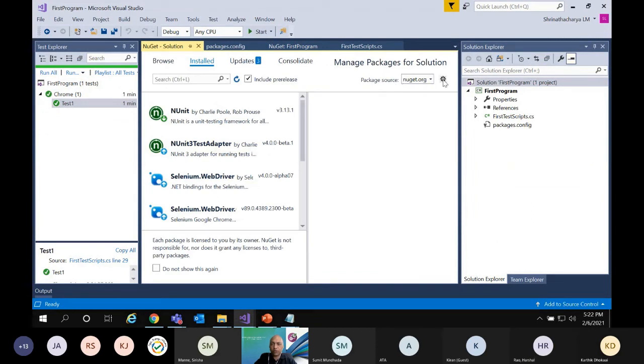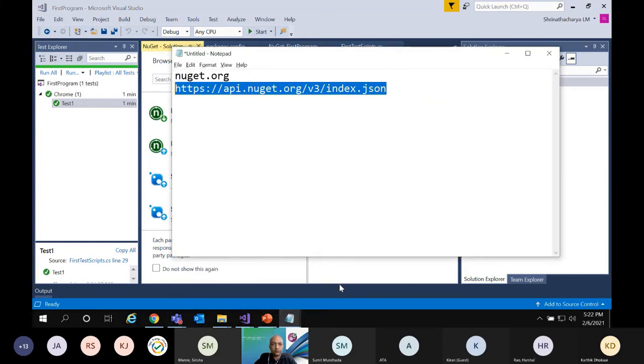In the package source, you have to go to the settings. In the settings, add this one, api.nuget.org/v3/index.json, and name the package source as NuGet.org.